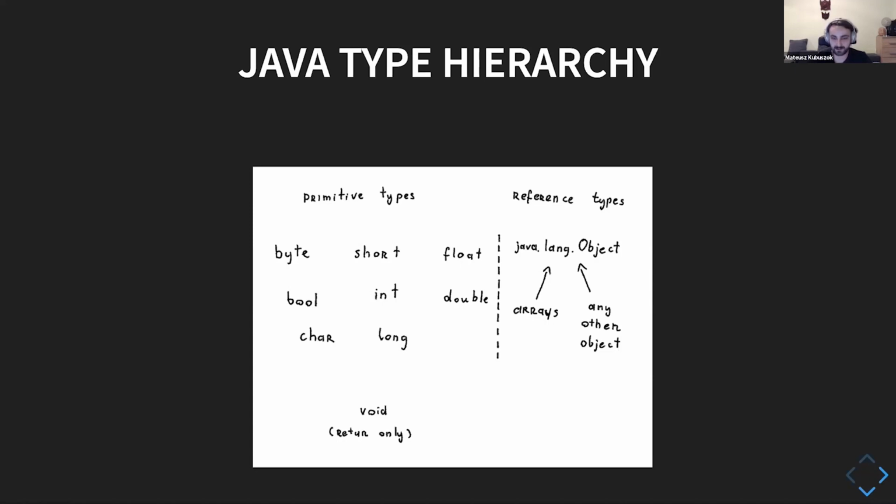We have nothing like a bottom type, which is quite useful when we want to represent some empty collection, some consumer of, or maybe something that is always failing or never returning. We cannot really use the type system of Java to express that.